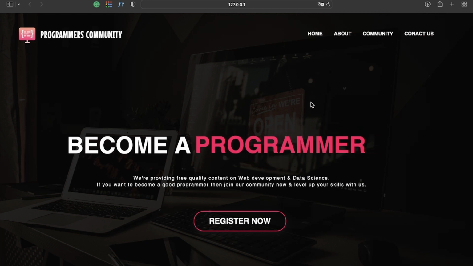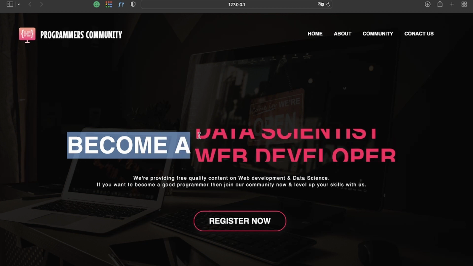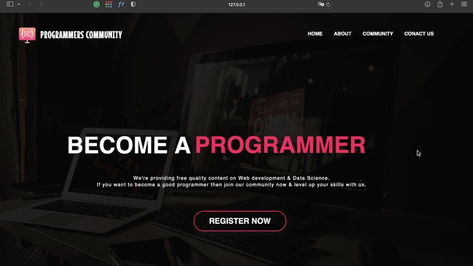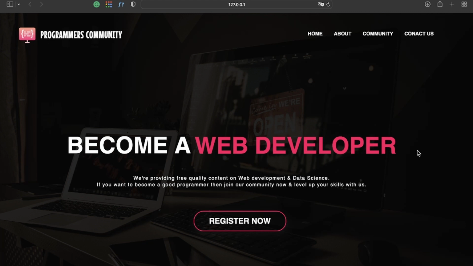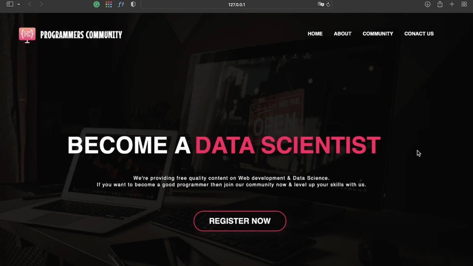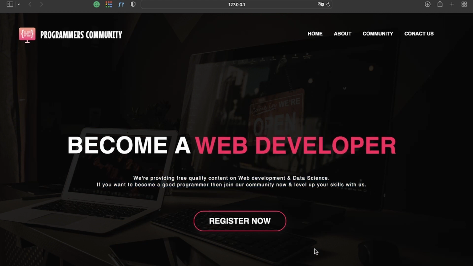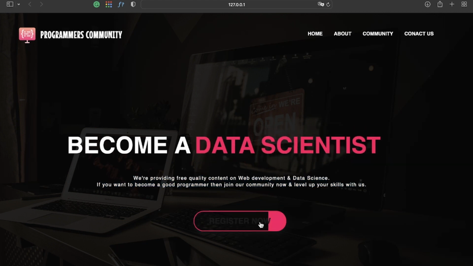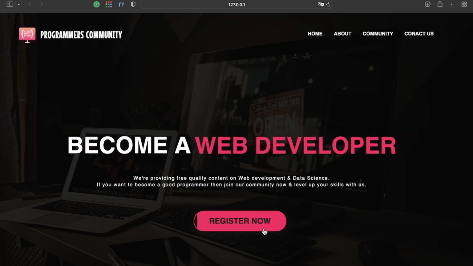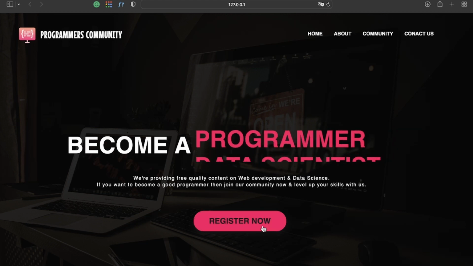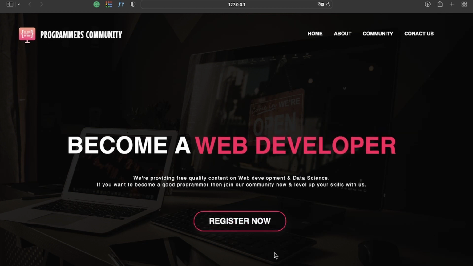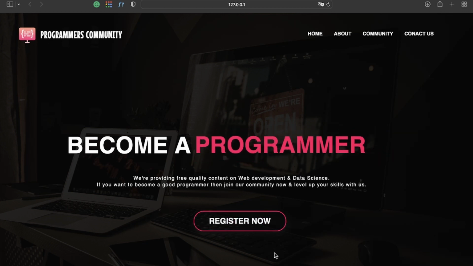Now here is the important part, the sliding text effect. As you can see here, become a programmer, and now become a web developer, become a data scientist. We can create this type of effect using only HTML and CSS. And here is some text, which we can easily add using HTML. And at the end, here is the button, register now, and you can see a beautiful hover effect, and it looks really great. In this video we will create this amazing landing page, so please make sure to